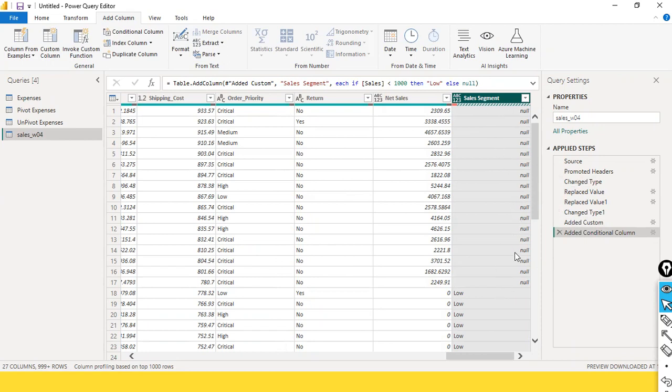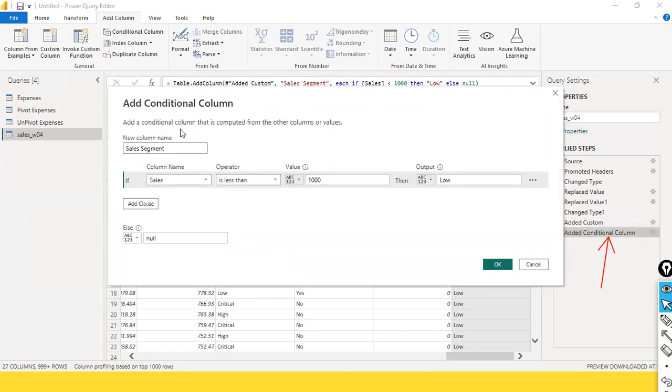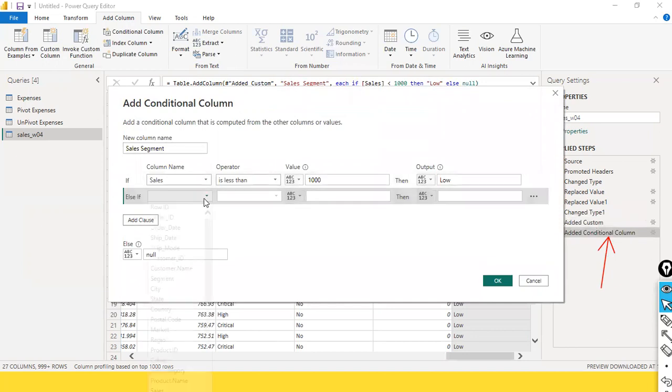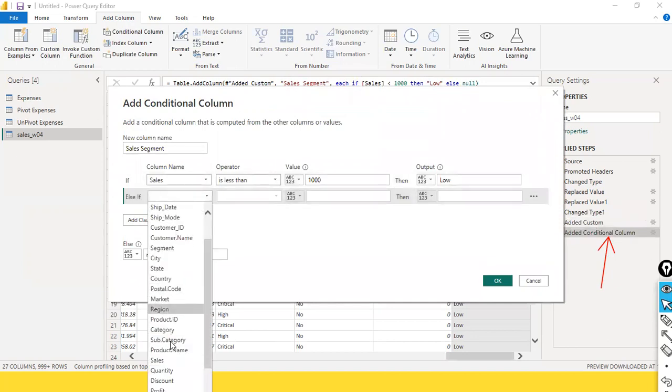Now, how do I go back to that window? Even for this, it created a new step here, right? So next to this step, you will find the wheel icon. Click on it. It will take you back to the conditional column window. You need to add one more condition. Click on add clause. If the sales is